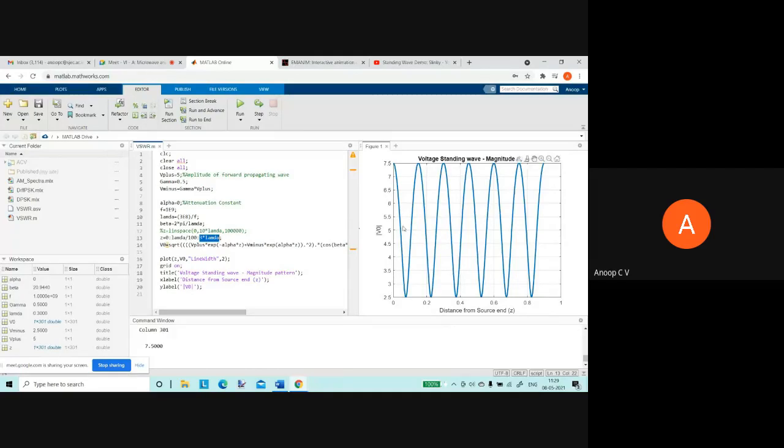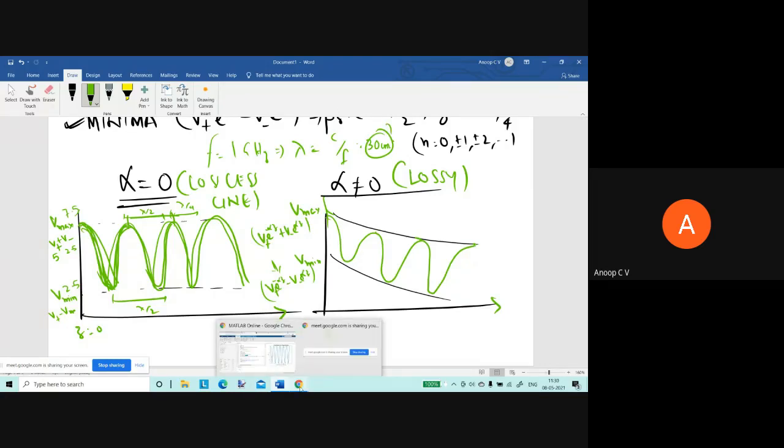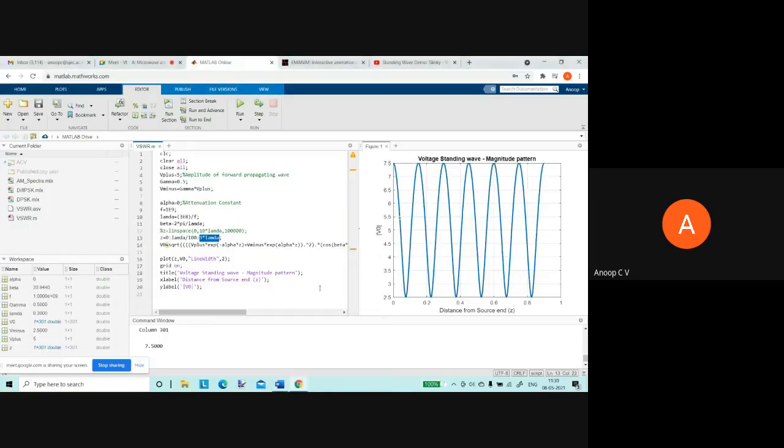The frequency I have considered is 1 gigahertz. So if frequency is 1 gigahertz, let's just calculate. If f is equal to 1 gigahertz, what will be lambda? Lambda will be equal to c by f. Can anyone tell me? We have calculated it many times. What is lambda for 1 gigahertz? Is it 30 centimeters? Can anyone verify this? For f equal to 1 gigahertz and c equal to 3 into 10 power 8, what is lambda? Please verify. I think it should be 30 centimeters.